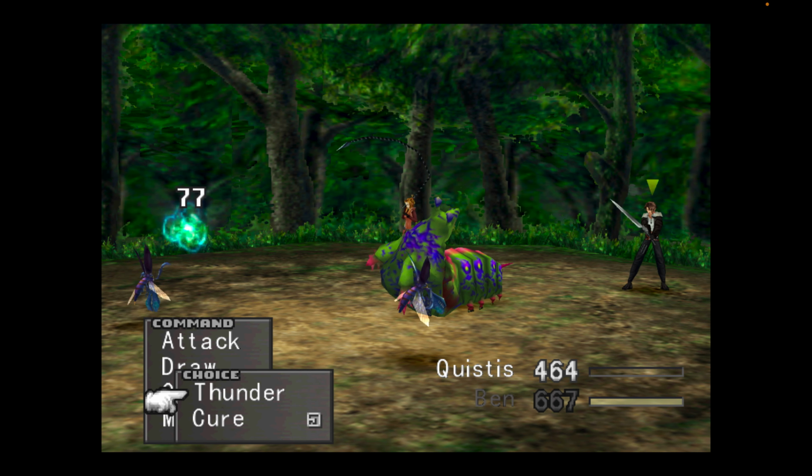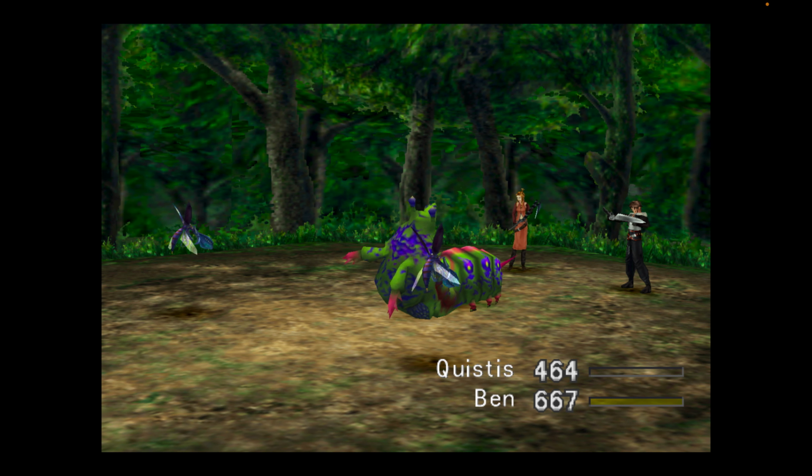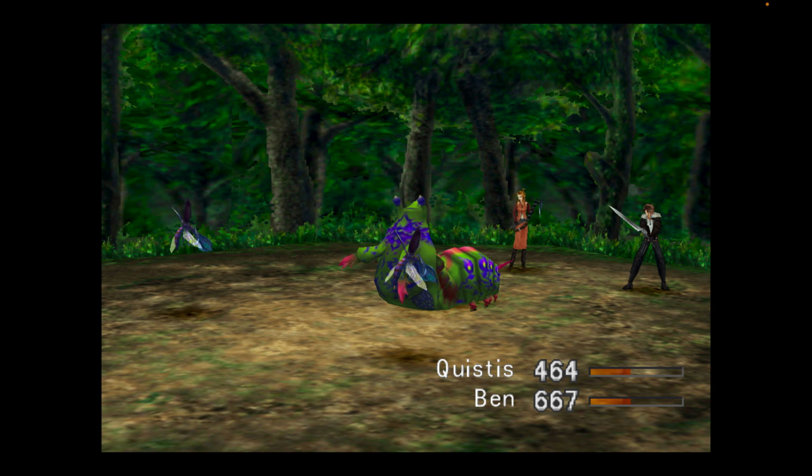Why not? So I'm playing in the forest in Final Fantasy VIII, and this is only a